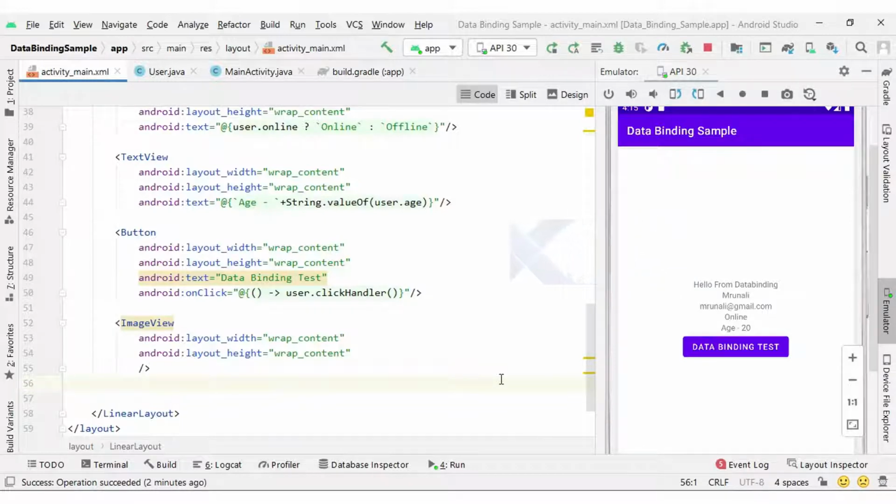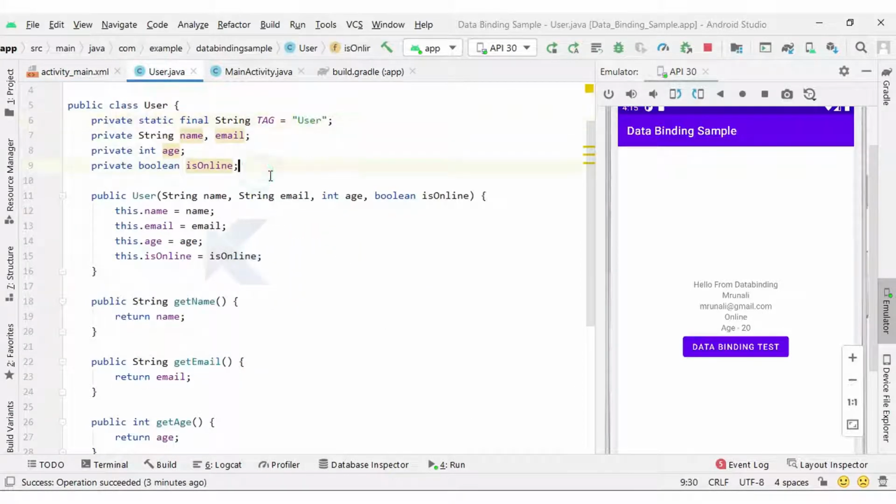Like here, I want to display an image, and loading the image from a URL is not possible in one line. In those cases, you can see I have an image view with width and height set, and for the image I will pass the URL.